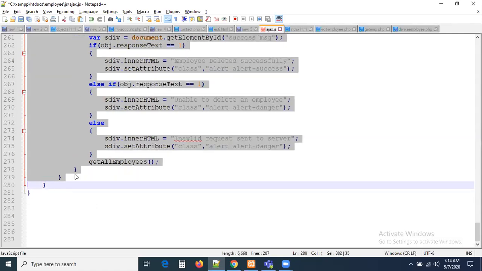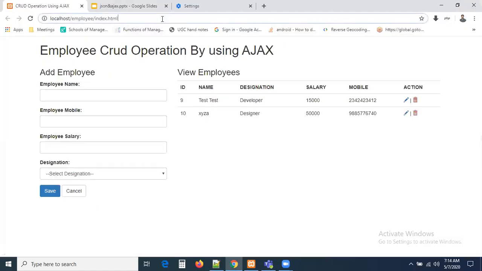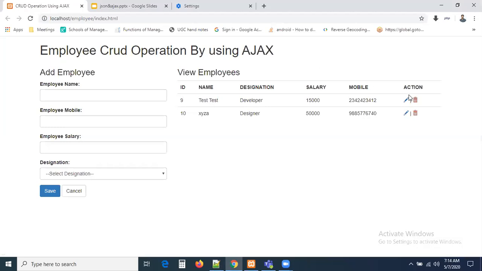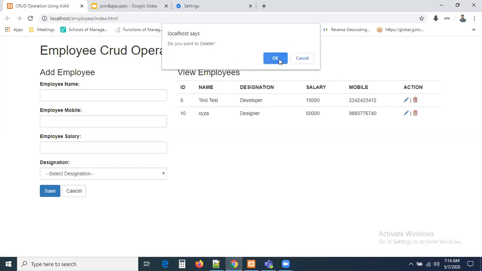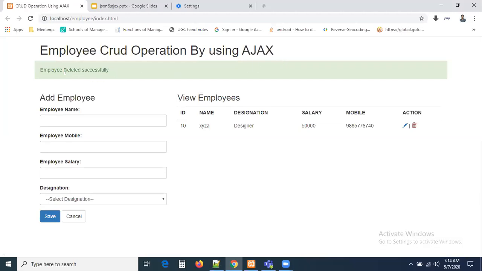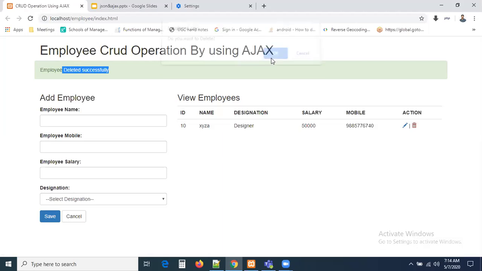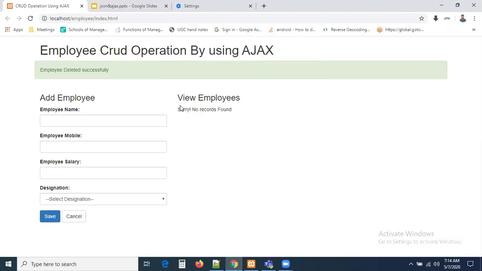Now you can check it carefully. Now I'm going to click on the delete button, then cancel. Nothing must happen. If you click the delete button, what is going to happen here? Record deleted successfully. Right? Now I'm clicking one more record here. If you click this, this is also going to be deleted. Finally, if all records are deleted, it says no records found. The message is very nice. This message is working fine.